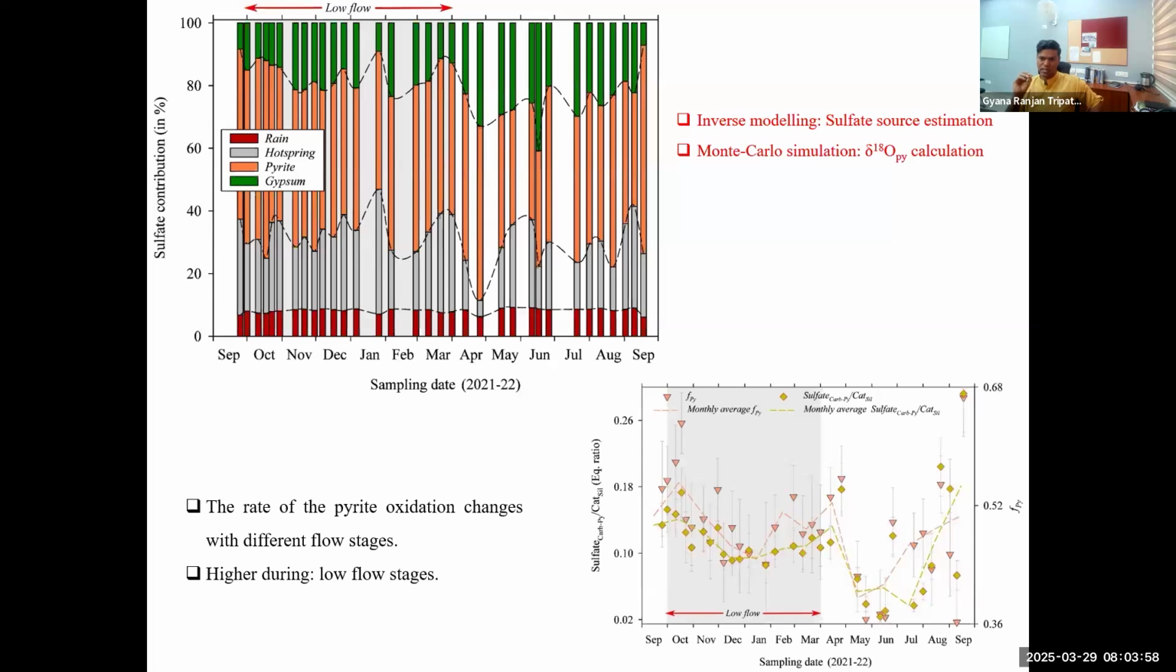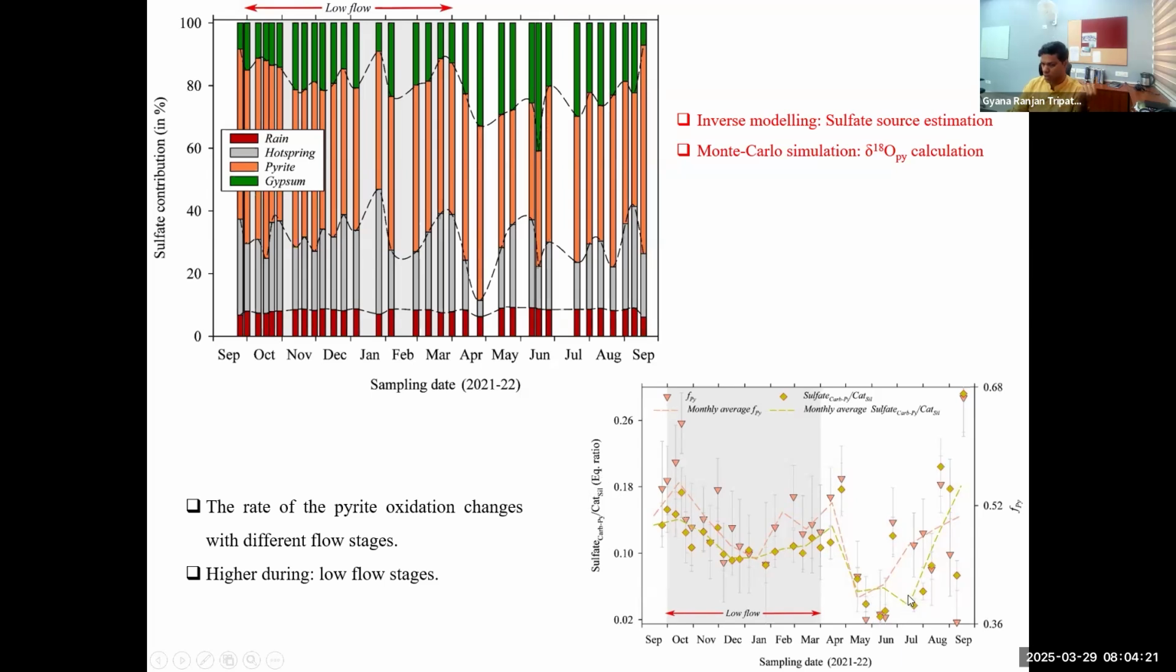We quantified these things using the delta 34S and delta pyrite to understand how much of the sulfate is coming from rain, hot spring, pyrite and gypsum. I'll not get into these details because we will again discuss that part in the spatial distribution. We did see that the sulfate from pyrite, or the cation silicate, or the F pyrite is sort of declining somewhere